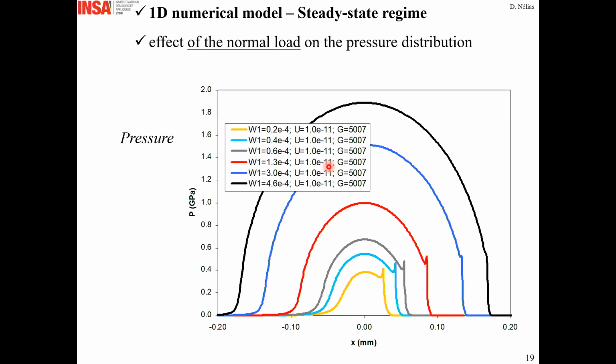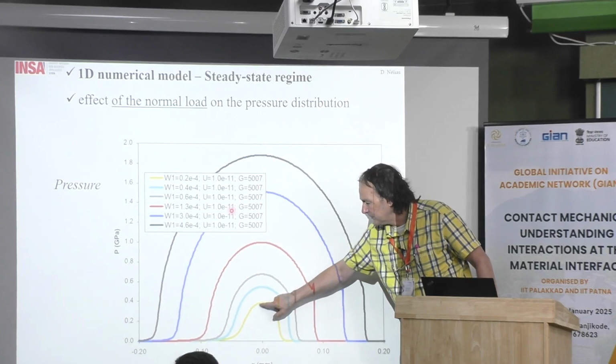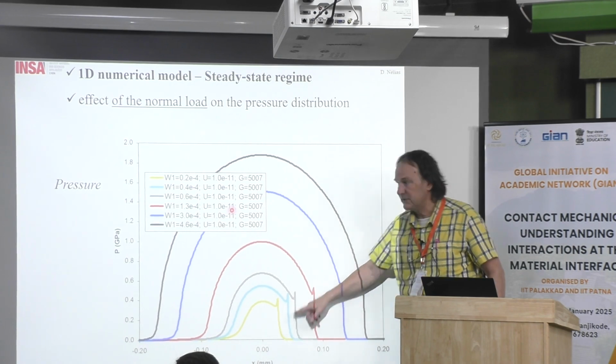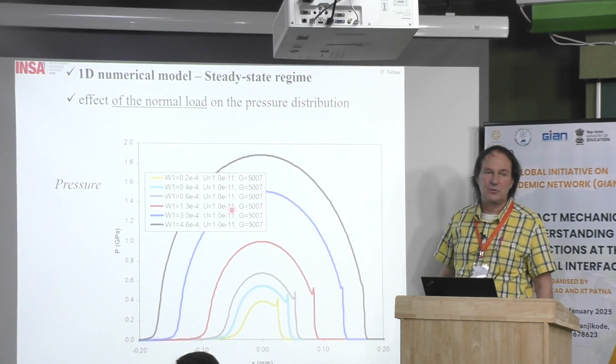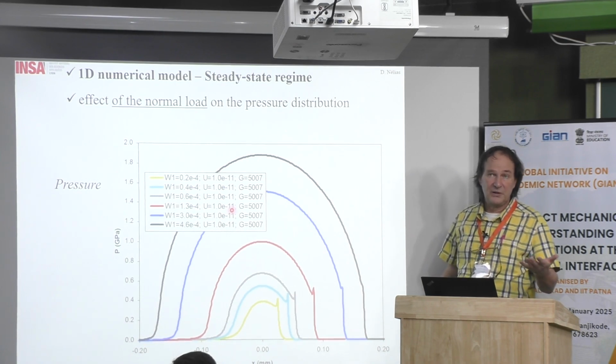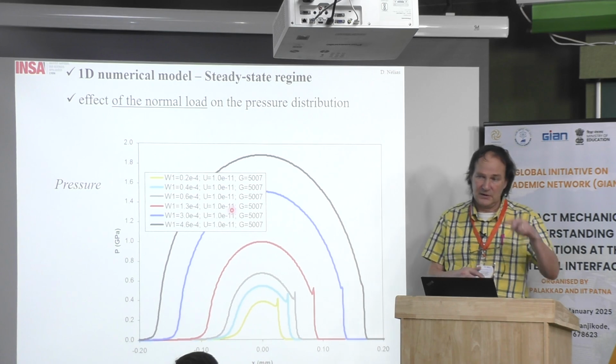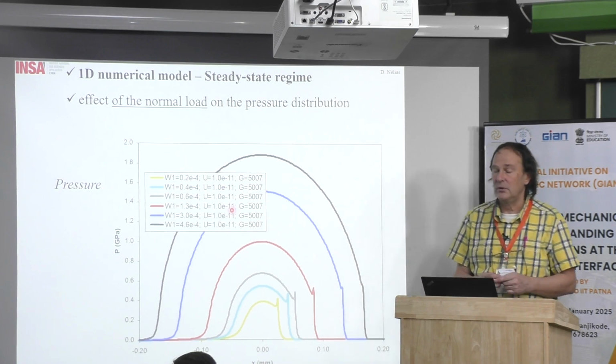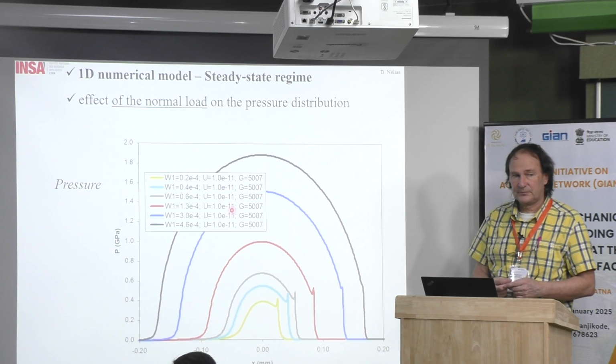You can see here, for very high load, there is almost no peak of pressure, and in this simulation we consider the fluid as incompressible. If you consider it compressible, the peak of pressure is lower. Then here, the solution is different from the dry contact solution, but this one is very close to the dry contact solution. This is why we can use Hertz theory to predict the size of the contact and also the pressure within the contact, even for something which is lubricated.